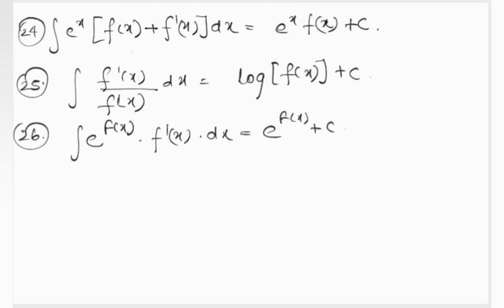देखो यहाँ पे हम सिंपली क्या कर रहे हैं, f of x फंक्शन ऑफ x है और f dash of x, f of x का डिफरेंशिएशन है, तो हम क्या कर रहे हैं, सिंपली f dash of x को हम एलिमिनेट कर रहे हैं और एक कांस्टेंट टर्म से हम ऐड कर दे रहे हैं.